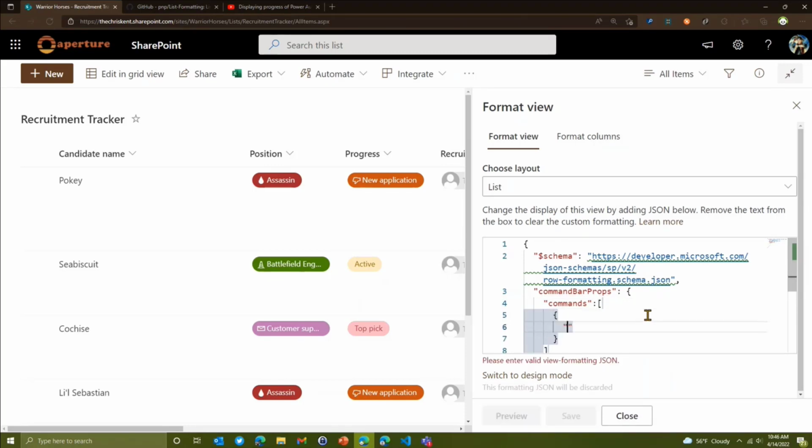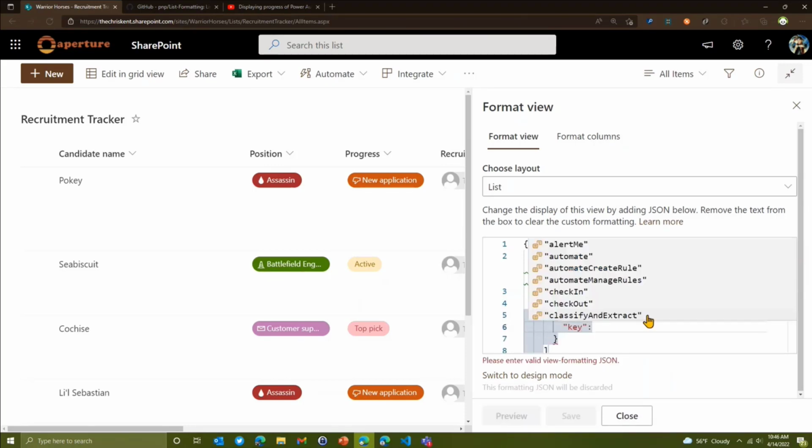And I reference them by key. So I type in key, and I automatically get this IntelliSense. Now, I'm not doing anything special here. There's nothing installed here. This is out of the box, right? So I start to see these are kind of the internal names for all of these commands. So we'll just start with the big guy here, the new button, because that's obvious.